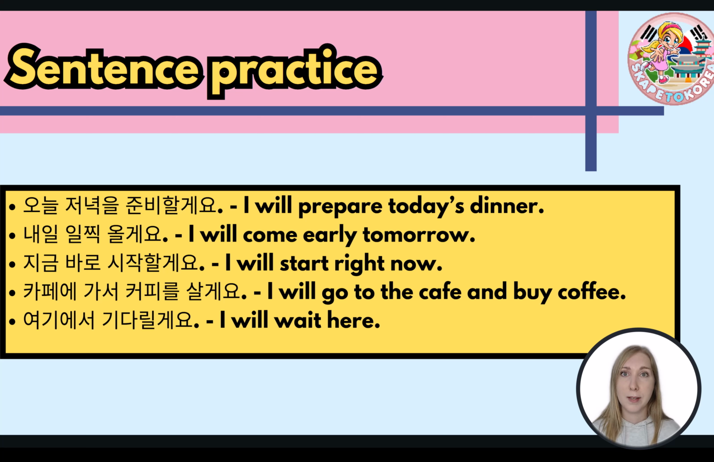I will buy coffee. 여기에서 기다릴게요. I will wait here. 여기에서, so 여기 here, 에서 is a particle. 기다릴게요. I will wait. So I will wait here. It's like, I will wait here, you can run your errands. I will wait here. But all of these are giving the other person the opportunity to express that the plan you have just suggested or said you will do doesn't work with them, so it's softer and